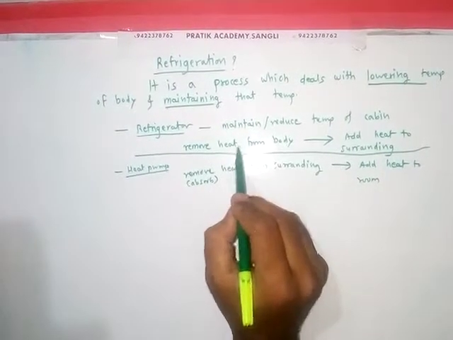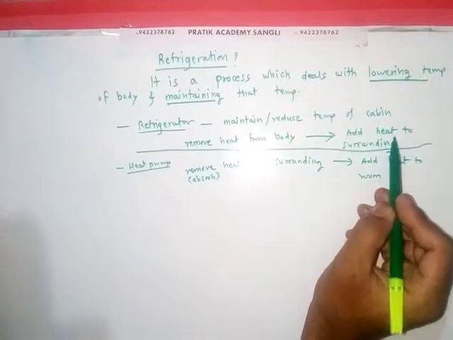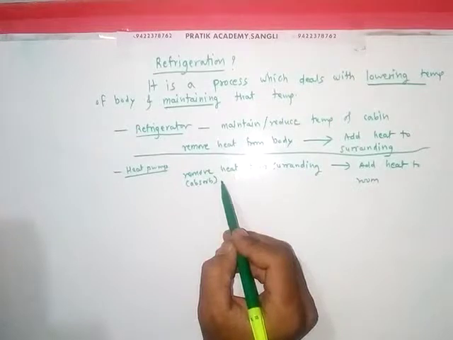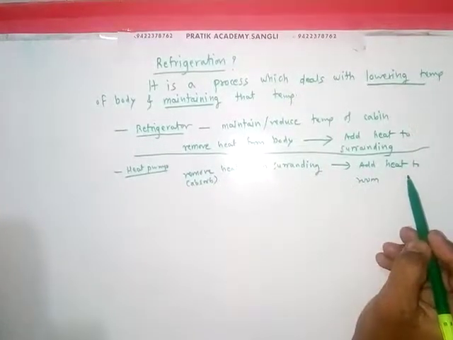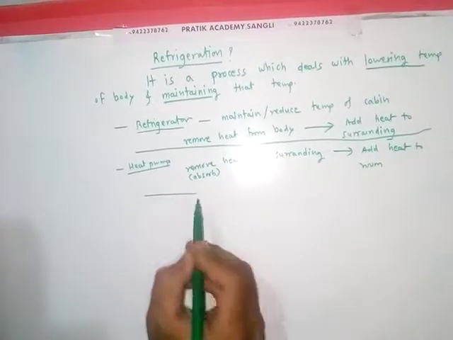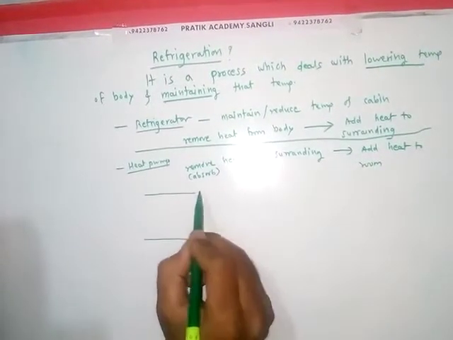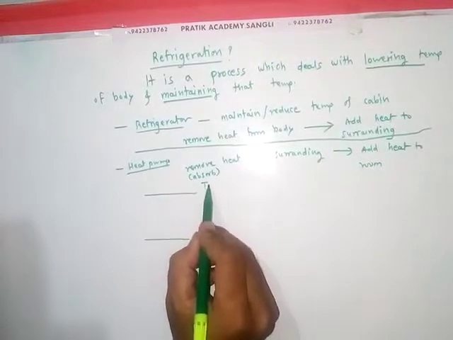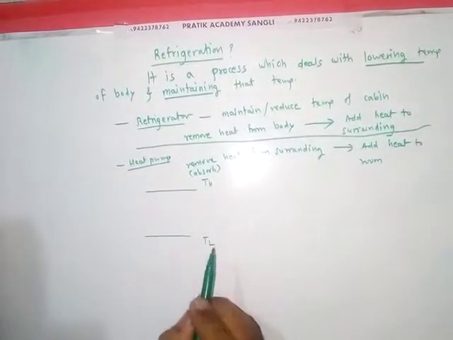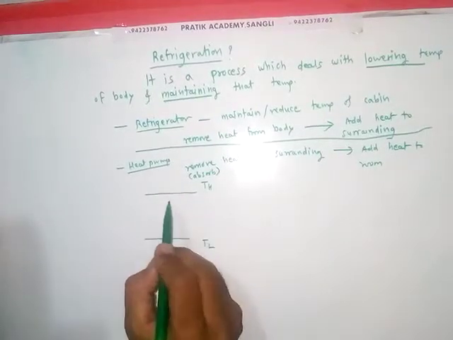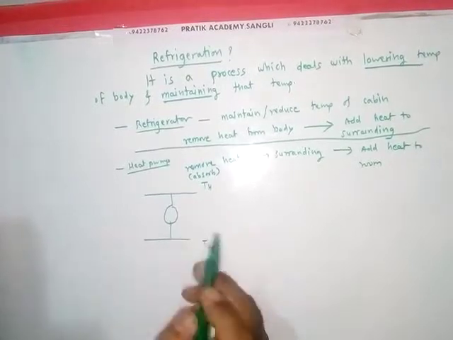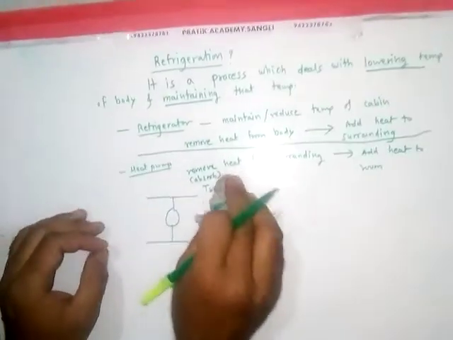A refrigerator removes heat from a body and adds it to the surrounding. A heat pump is opposite to it: it removes heat from the surrounding and adds it to the room. If we draw a diagram here, both are working between two thermal reservoirs, higher temperature and lower temperature. So in the case of a refrigerator, we require to initially, okay, suppose